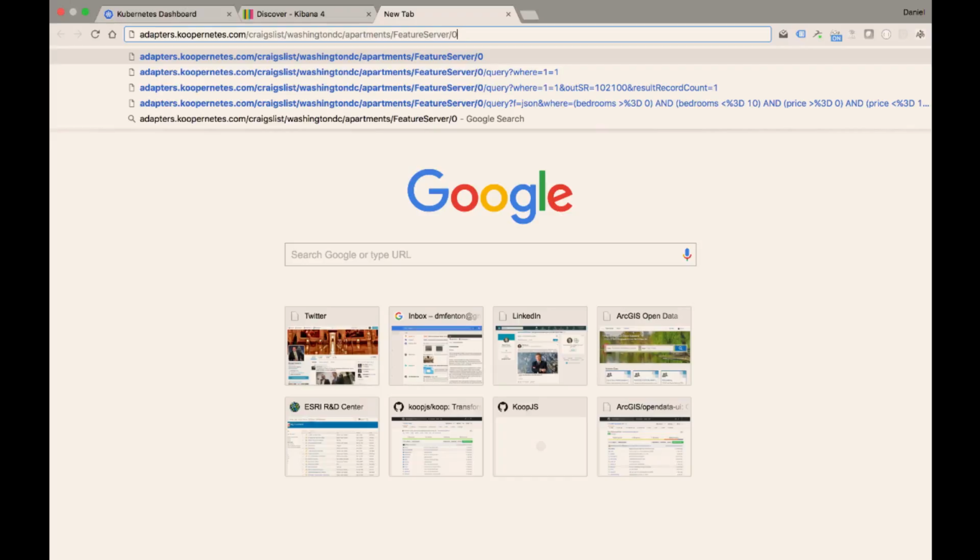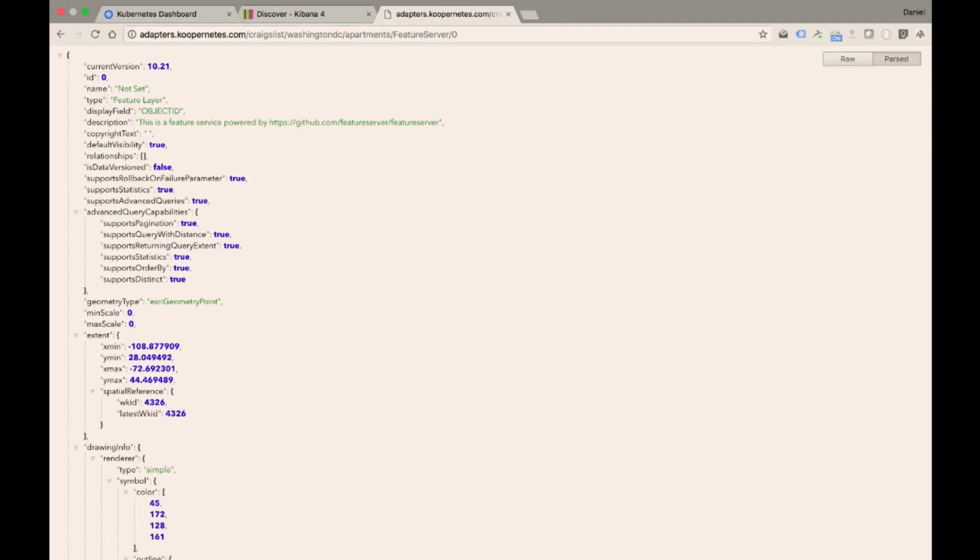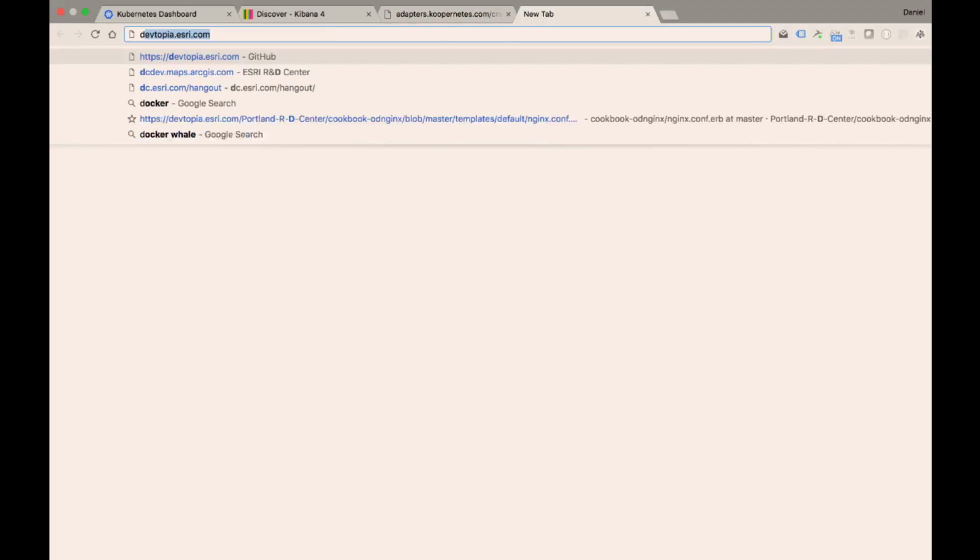and I go to adapters.kubernetes.com, which just maps to that ingress. That's why I use it, so that I have that one friendly name, and then all of my different Koop providers, which are just translators for different APIs, live under there. So you can see this is now giving me a feature server specification, and I can take this and go into